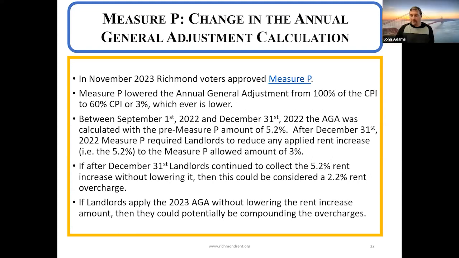It's important to make a correction either through a rent credit or refund, because if the landlord then proceeds to take this year's annual general adjustment without the correction, this year's annual general adjustment will be made improperly as well. Eso quiere decir que los propietarios deben de hacer el proceso para darles un reembolso o un crédito de renta a los inquilinos, porque si no lo hacen y se vuelven a hacer las calculaciones, pueda que vuelvan a sobrecobrar